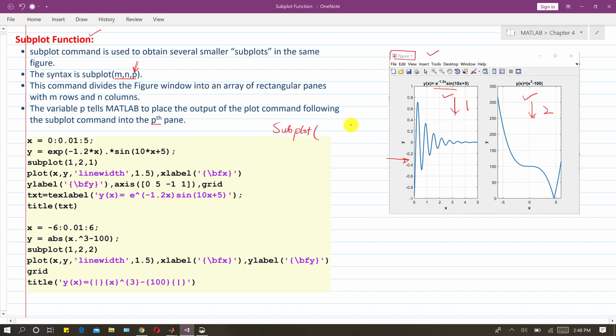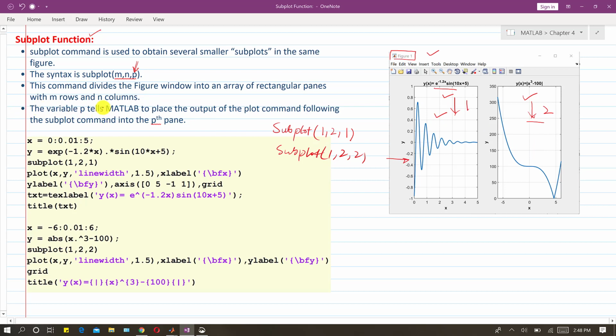So now what we will do is tell MATLAB that I want to have 1 cross 2 subplots, right? So I will tell MATLAB like this: 1 row, 2 columns, right? And then if I want to plot this one, what will be the address of this subplot? I will write 1, 2, 1, right? And similarly, if I want to plot this one, before plotting this function I will write subplot 1, 2 and 2. This one will be the second plot of this figure.